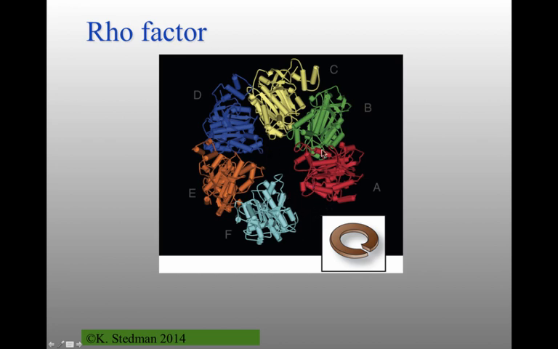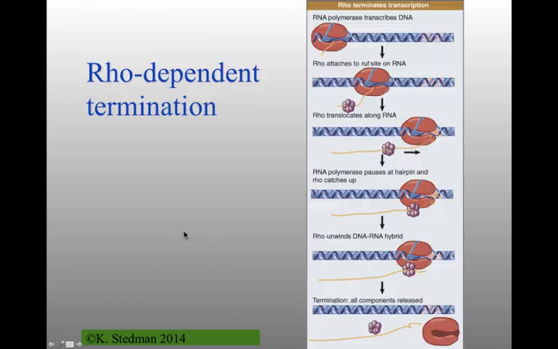So it can bind to the messenger RNA as that messenger RNA is being made. How does it know where to bind to? Well, there's something called a Rho utilization site, and this is the so-called RUT site, Rho utilization, RUT, that's in the RNA,